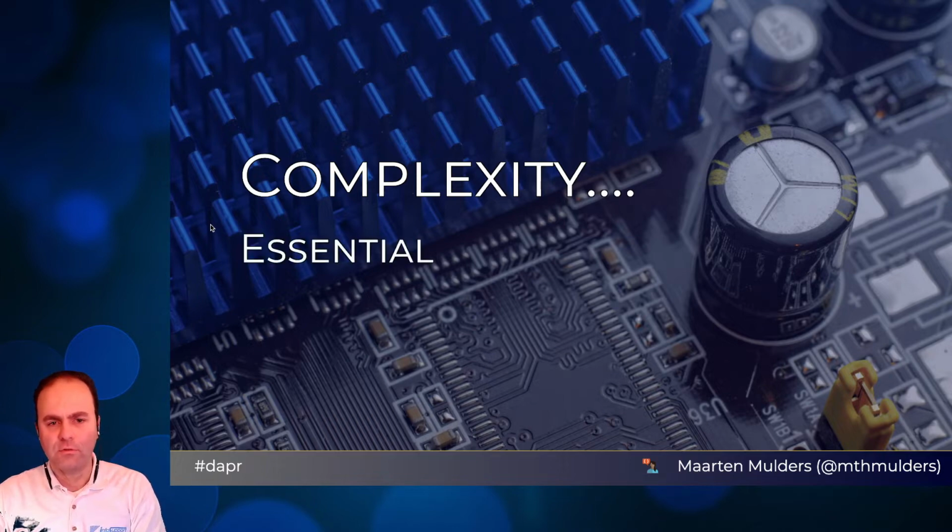I believe there are two types of complexity. The first one is essential complexity, which is all about solving a complex business problem. It's the complexity that we inherit from the domain, from the problems that our clients ask us to solve. That's the good stuff, if you ask me.